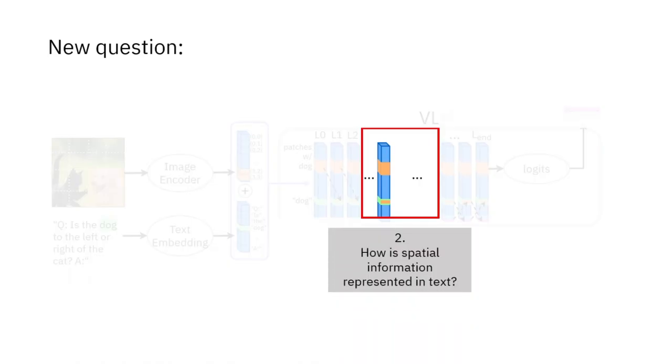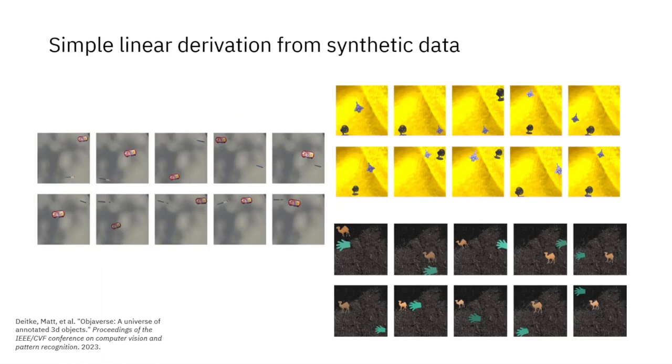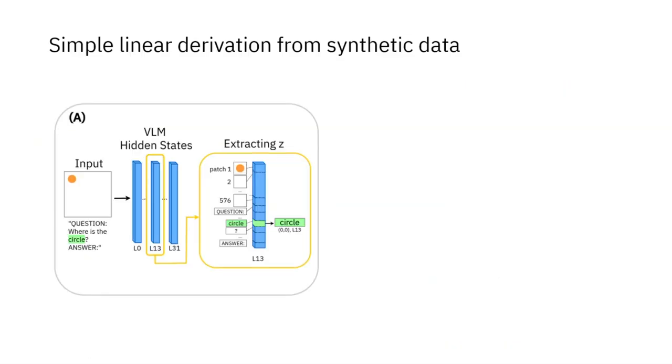The new question: how exactly is this spatial information represented? We start off with the assumption that spatial localization information is saved linearly on object word tokens and perform extraction and steering experiments to characterize that model. To begin, we can derive spatial IDs from synthetic data. We take renders of random 3D object assets and place them on a 4x4 grid. We used 90 object pairs, which resulted in a total of 86,400 images. With these synthetic images, we can derive spatial IDs by querying the VLM with an image where the object is in some specific coordinate, 0, 0 in this case, and extract the word activation for that object at the intermediate layer.